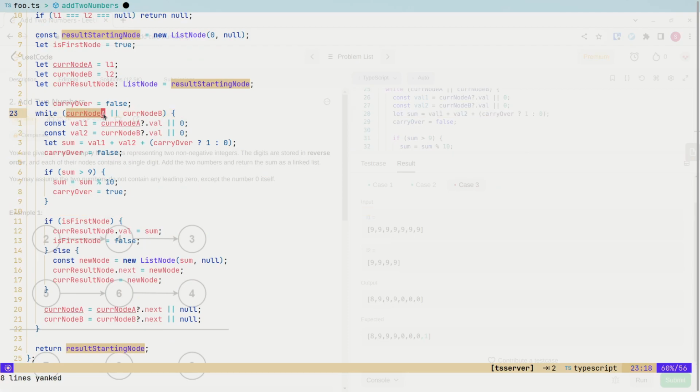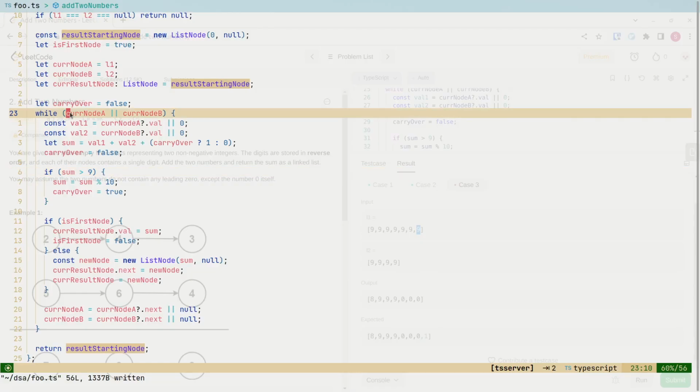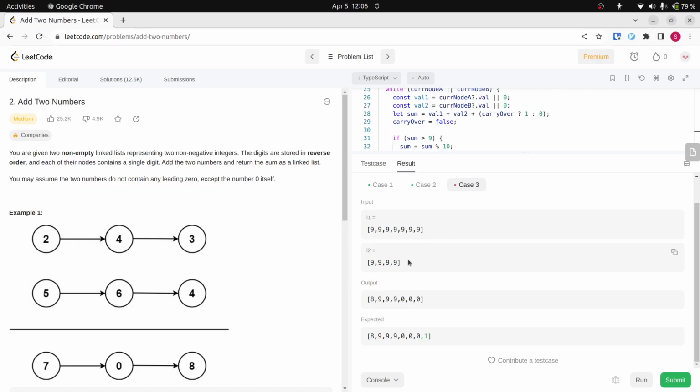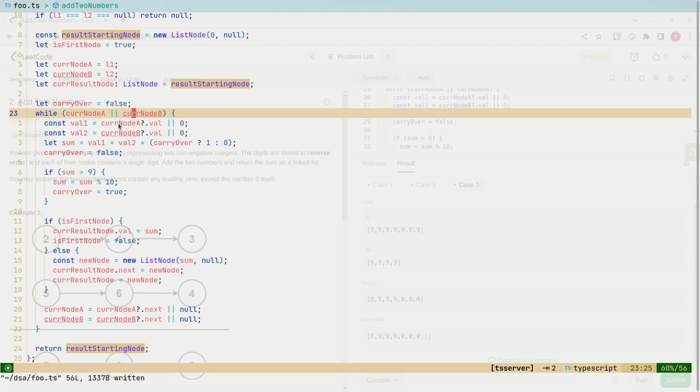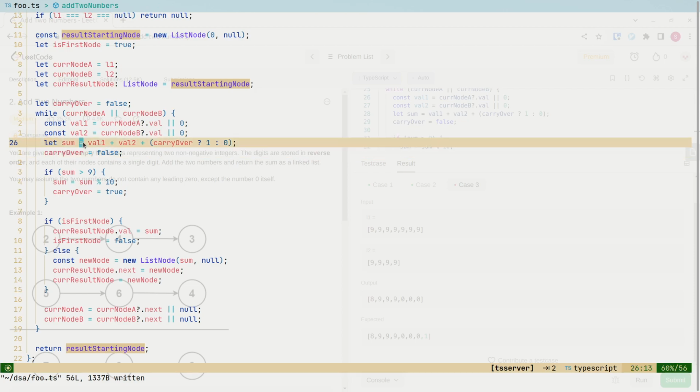Let's examine the case that happens when it runs for the last time. 9 is going to be the current node in the first one. The current node B is going to be null. So that's fine. Value 1 is going to be 9, and value 2 is going to be 0 because it's obviously null. So the sum is going to be value 1, which is 9, plus